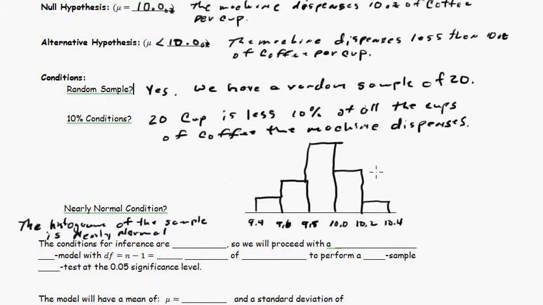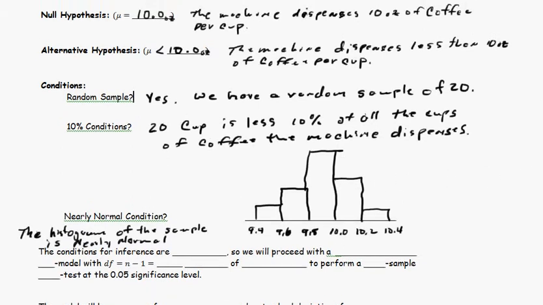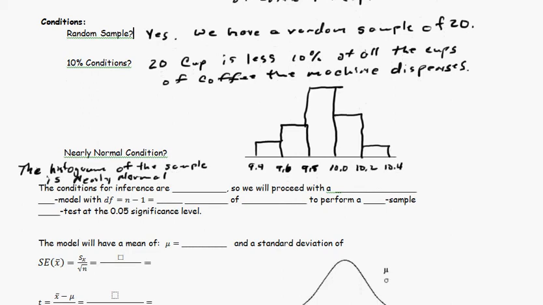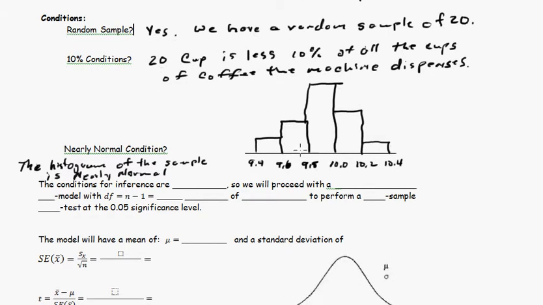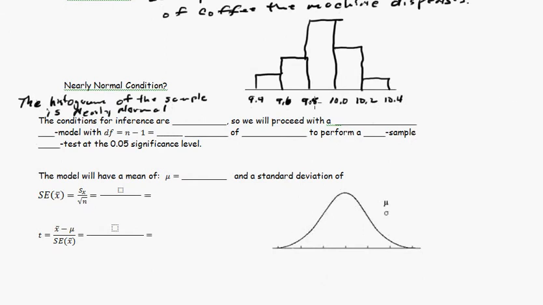So the central limit theorem also gives us some confidence that the sampling distribution of the sample means, if we sampled over and over again and got a bunch of sample means and did a histogram of them, so here we only get 1, okay, it would look like a normal distribution. Okay, so the conditions for inference are met, so we will proceed with a